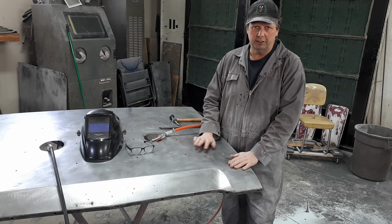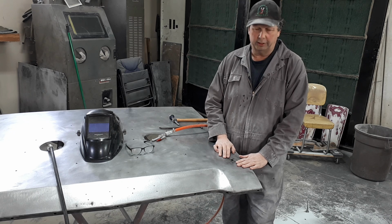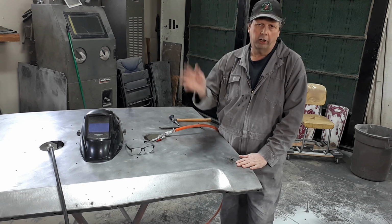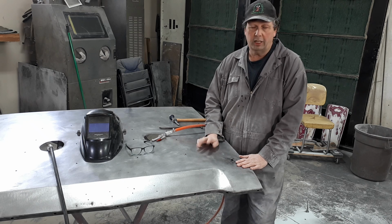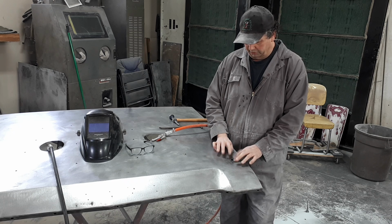That'll work on this, because this isn't a big structural situation we've got here. So it doesn't have to have ungodly Superman tensile strength. It only has to have enough tensile strength to hang in there. So what I'll do is,